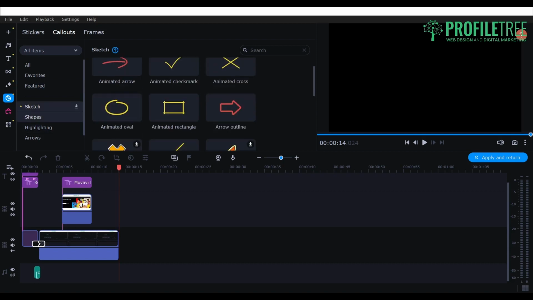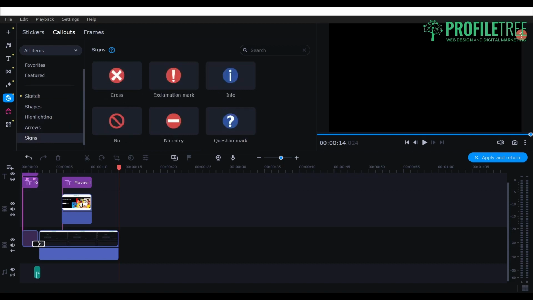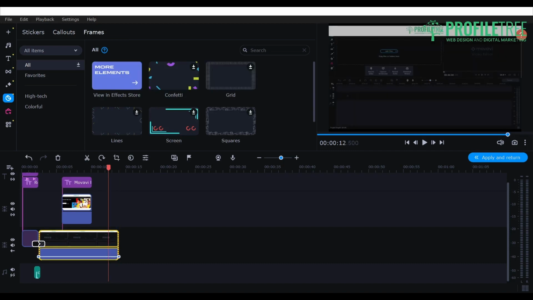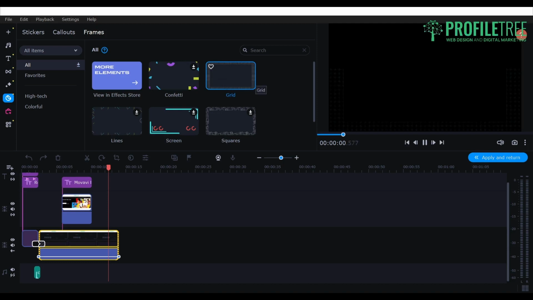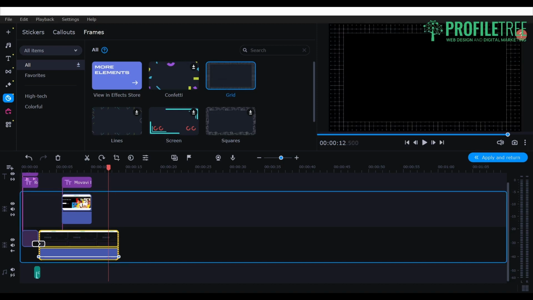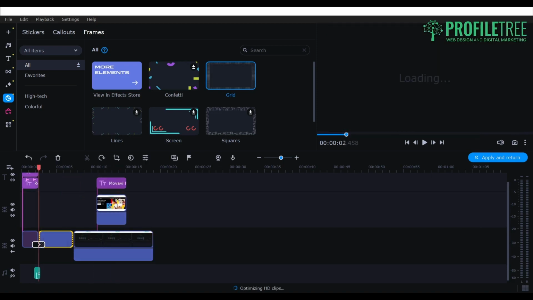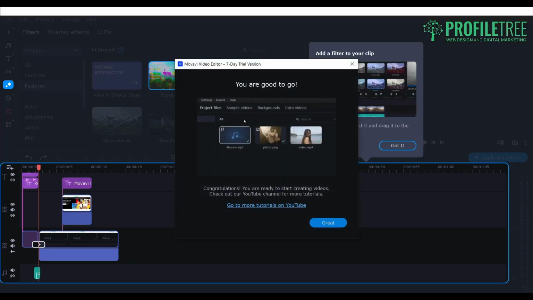You've also got sketch as well, shapes, highlighting, arrows, signs. So a couple of other features there. You've also got frames. So you can frame your video if you want to. So if we want to add grid, I can actually bring that over to the video clip and then add that in. Should be able to. Well, let's see. I think there might be an effect here. So it's actually the effect, sorry. So